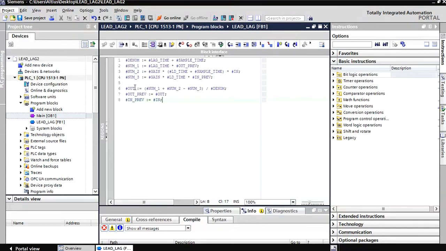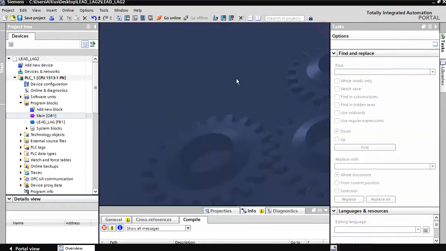Then the output of the plant is the sum of Numerator 1 and Numerator 2 minus Numerator 3 divided by the denominator. And at the end, we prepare the output and input values as Out previous and In previous for the next cycle. That way, the algorithm is programmed, and we can close this window, and now we have to